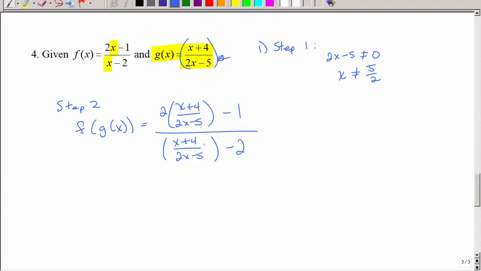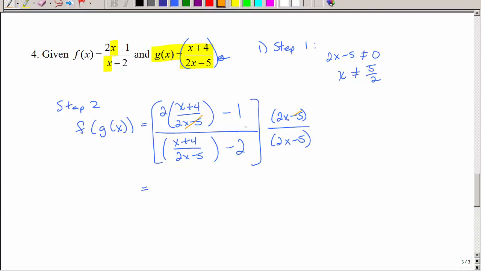Yuck. I need to simplify that. So the easiest way to do that, what's the denominator? The common denominator is 2x minus 5. So I'm multiplying by a form of 1, 2x minus 5 over 2x minus 5 to simplify that. So here,